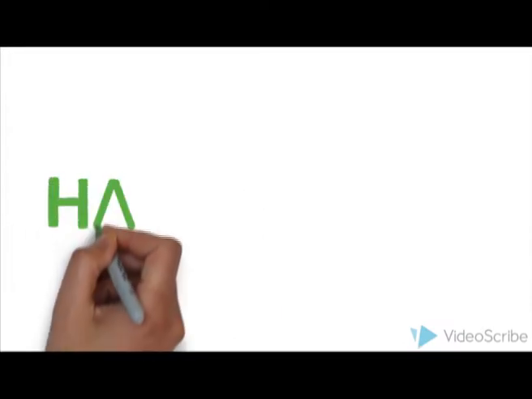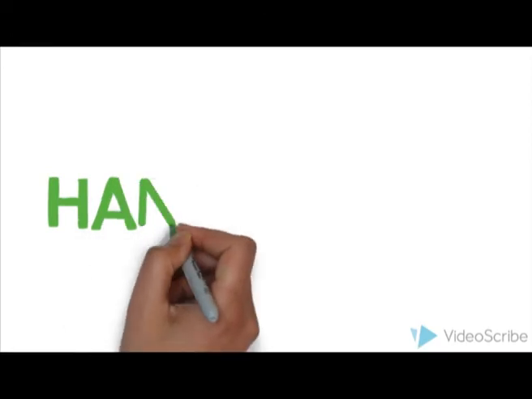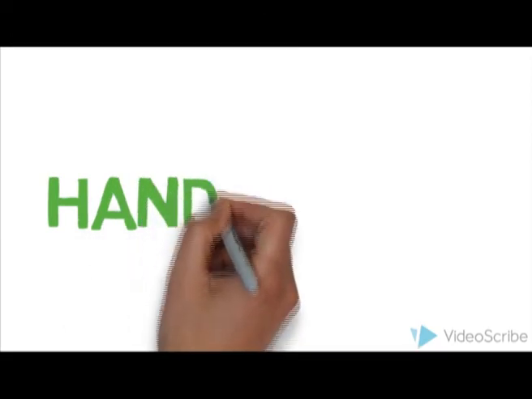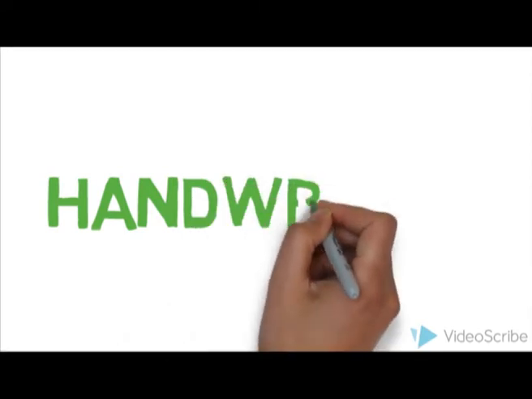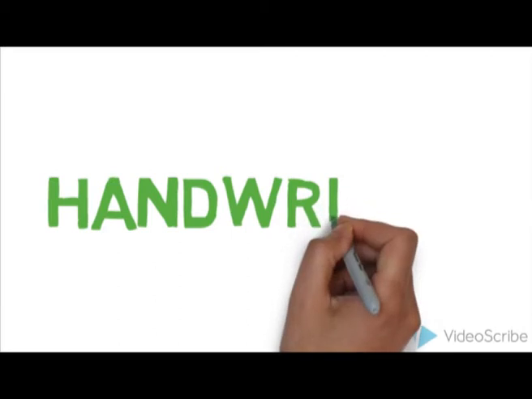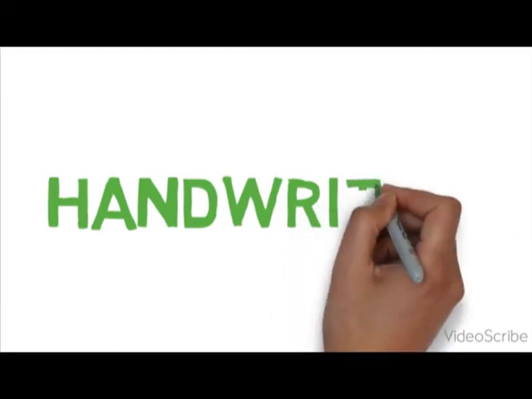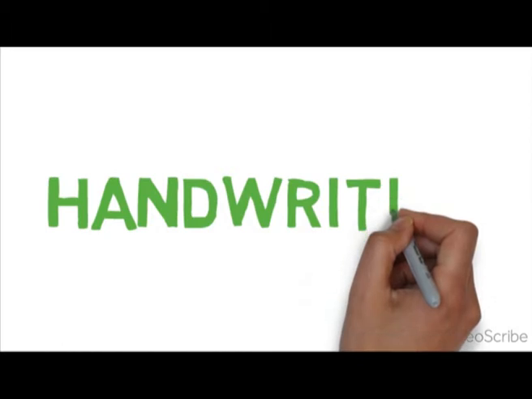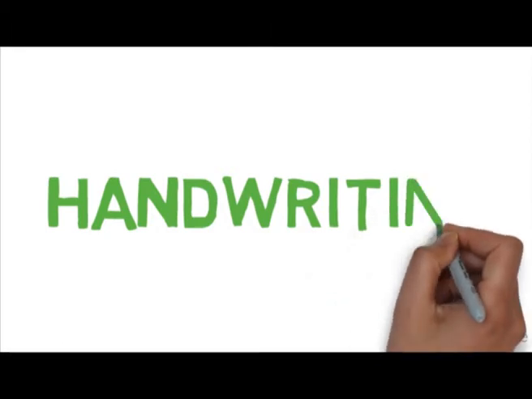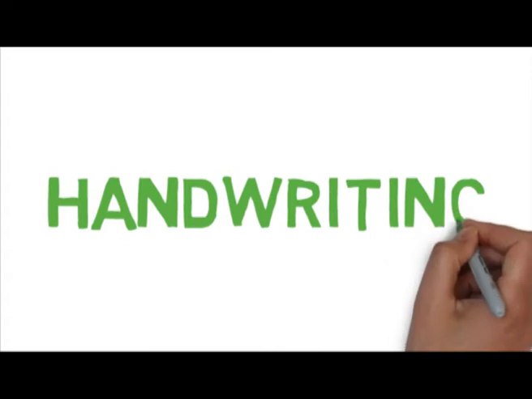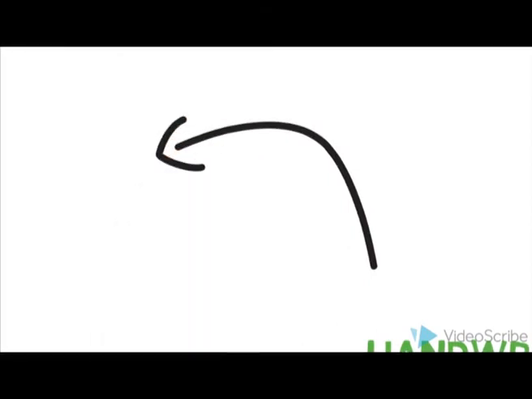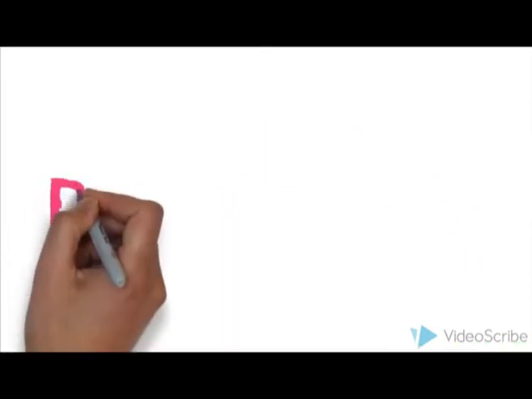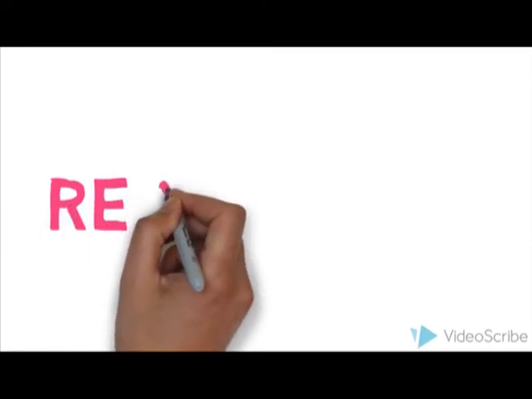The first one is the handwriting challenge. Producing the shapes of English letters, such as uppercase, capital, and lowercase, not capital. And the size and positioning of individual letters in a word or text, with or without ruled lines. To teach handwriting, teachers can follow a two-stage approach.